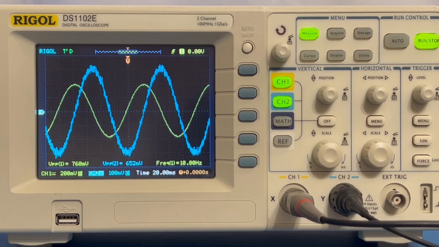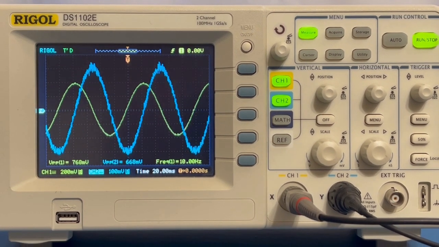Here, the output voltage appears to be lagging behind the input by 90 degrees, the opposite of what happened in the integrator circuit. Recognize, however, that as this is due to a zero, what we're seeing is actually the output leading the input by 90 degrees, in addition to being inverted, resulting in the apparent lag.